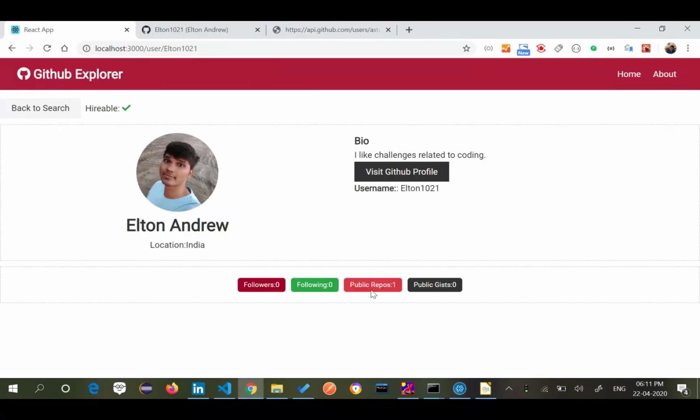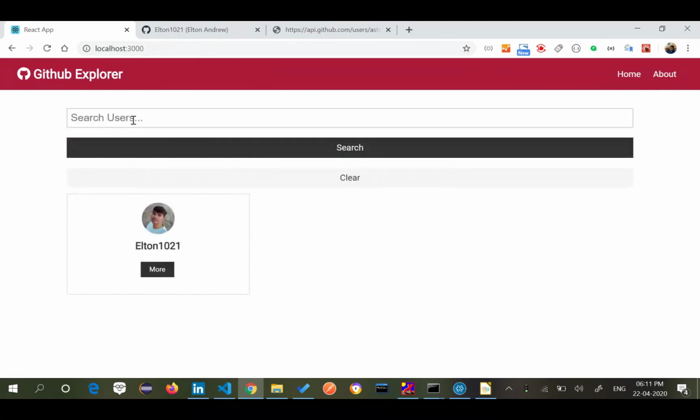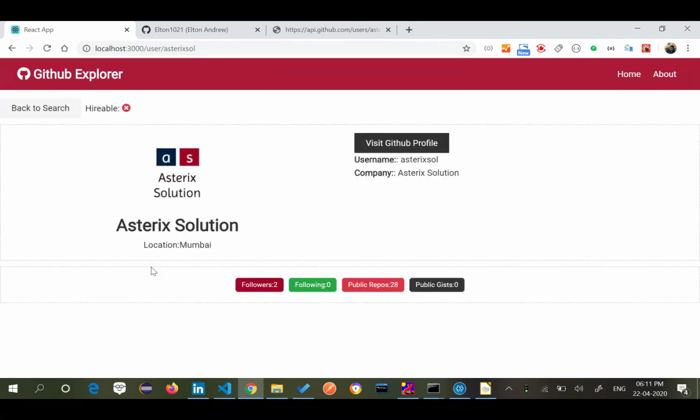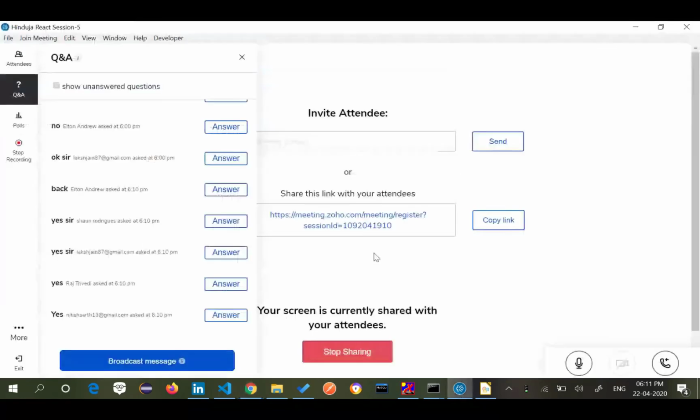You have only one, but let's say my account has 28 repositories. I can take the top 5 repositories, whatever I've added in the last few days, and display them here, which will complete my whole scenario, so that I don't have to go to my GitHub account to fetch these values. Are you clear on what I'm trying to do here?